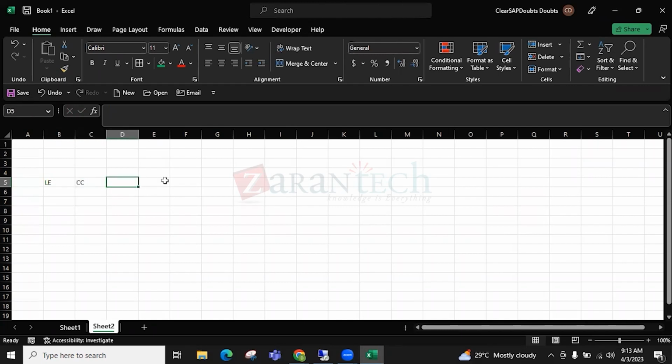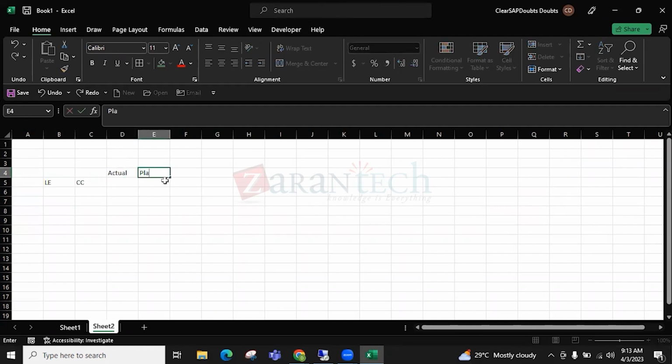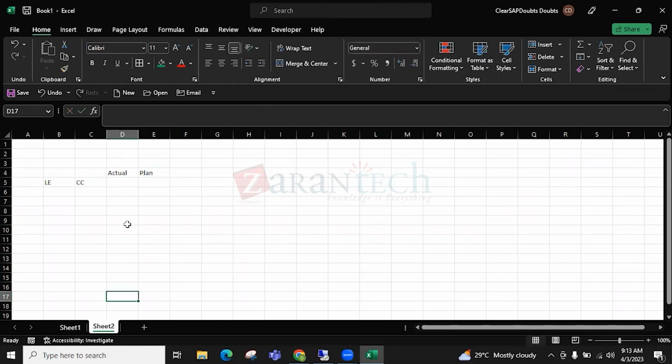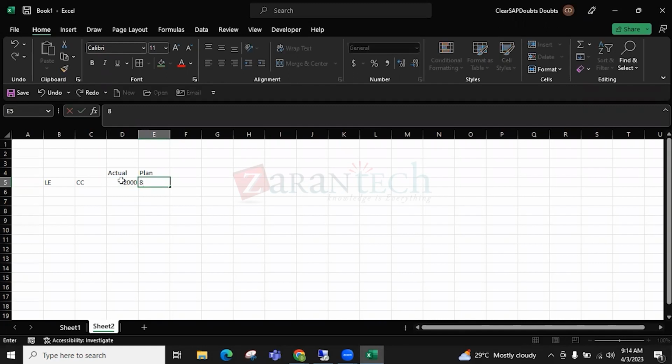Say for example, actual is something, and then you want to run the plan. At this level, actual is, say for example, $2,000, and you have to insert the plan data, right? For the next year. Correct. For a particular period, you say $800. So this insert of the plan data